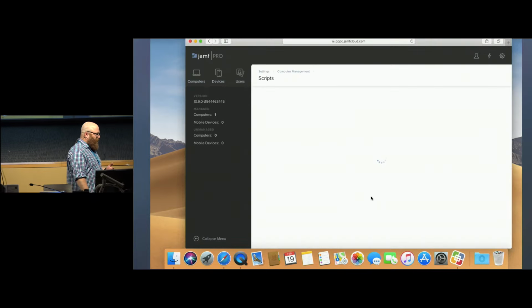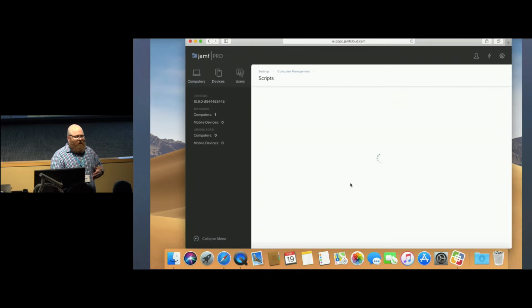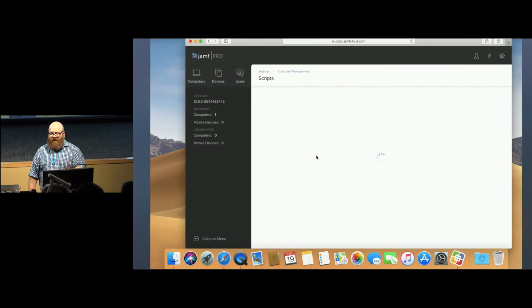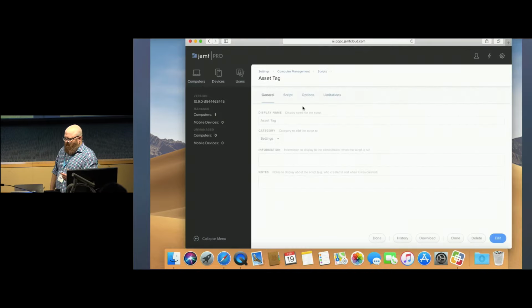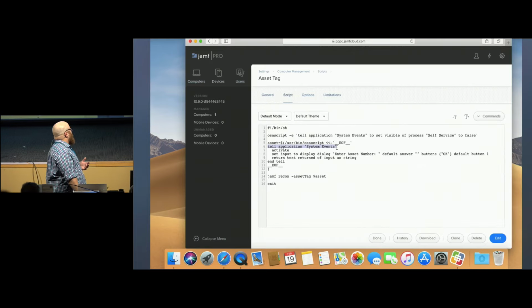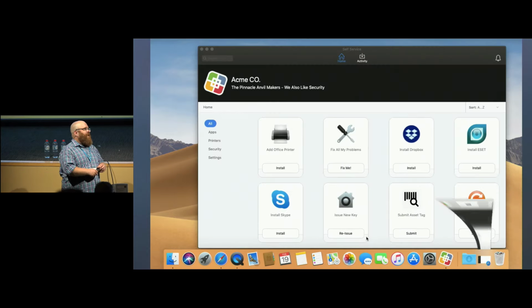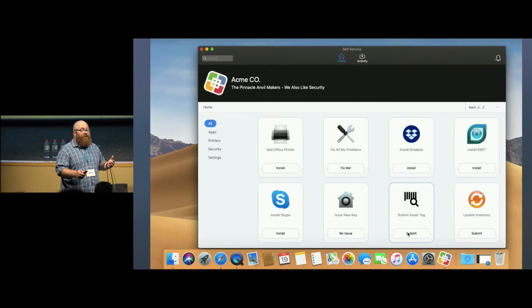A very common way for admins to interact with end users is to call the different built-in Apple event stuff like, say, Finder, System UI Server, and a few other things. So I'm going to look at a script that says, hey, tell application System Events, and I'm popping up a prompt to ask them to enter their asset tag. A very common workflow in the past that now has changed. So say I am running this policy via Self Service,